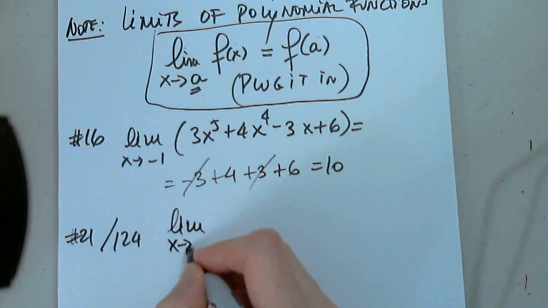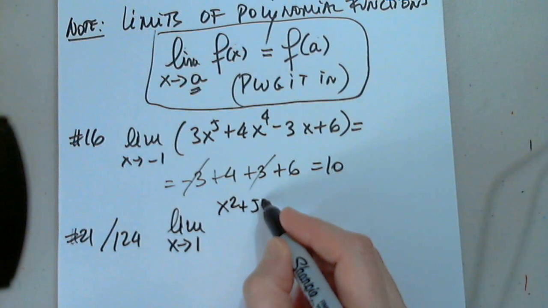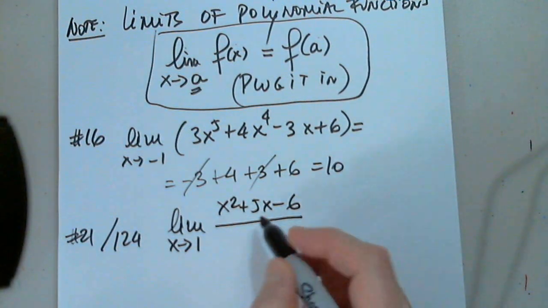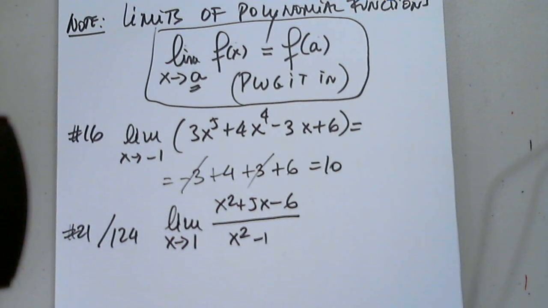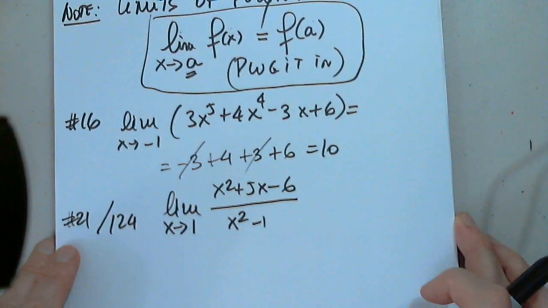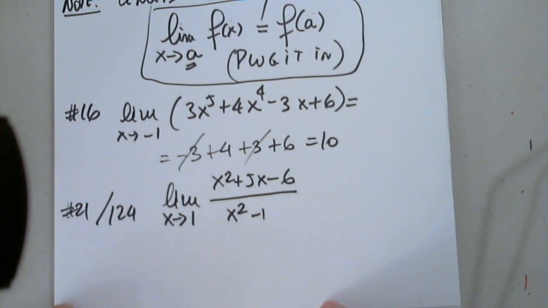Limit as x approaches 1 of x squared plus 5x minus 6 divided by x squared minus 1. Okay, so we have a different rule for limits of rational functions. So note,